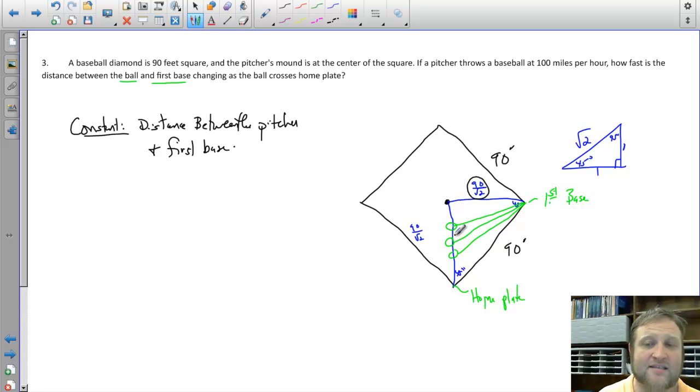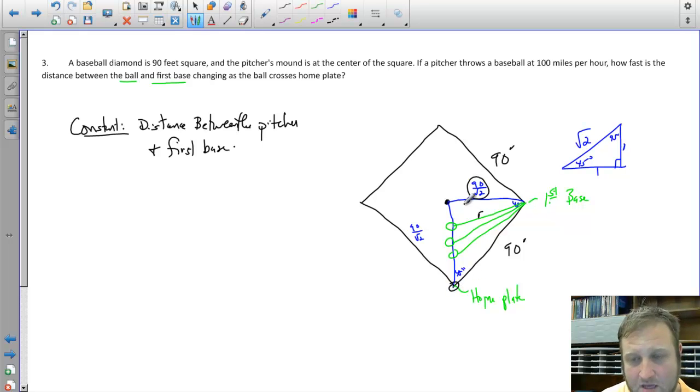I hope we recognize that this distance is going to be changing between the ball and the first baseman. We are analyzing the relationship between the ball and the first baseman. I'm just going to call the value at any time between the ball and the first baseman a value of R. As the ball gets closer and closer to home plate, R is increasing, until when it crosses home plate, that value R is going to be 90 feet, the maximum distance between the first baseman and